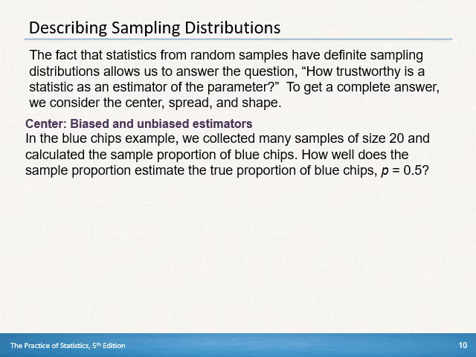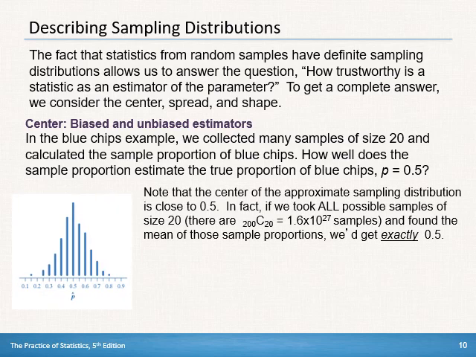biased and unbiased estimators. In the blue chip example, we collected many samples of size 20 and calculated a sample proportion of blue chips. How well does the sample proportion estimate the true proportion of blue chips, or P? Note the center of the approximate sampling distribution, the one where we took 500 samples, looks to be pretty close to 0.5. And in fact, if we were to take all possible samples of size 20,